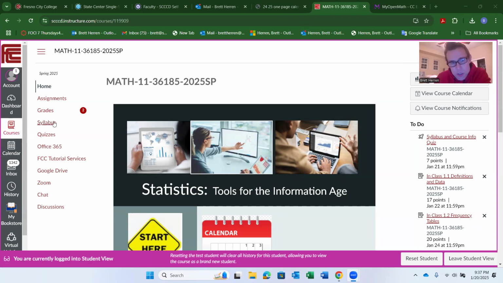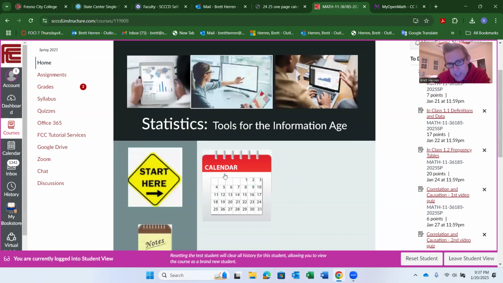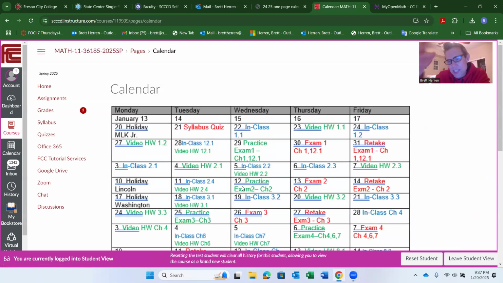And so I just wanted to show you real quick about exams and how they're going to work. So if you go to assignments, well, actually, let me go to the calendar first off, show you when the exams are coming. Here's the calendar on the homepage. Click on that. And this might change. I got to talk to Miss Oliva and make sure that it's all okay. But she did send me your calendar for the year, and I think it's mostly right. But we'll see. If it changes, I'll let you know.